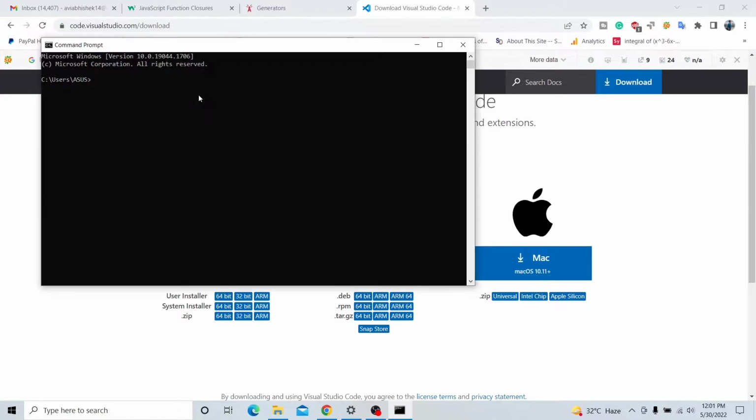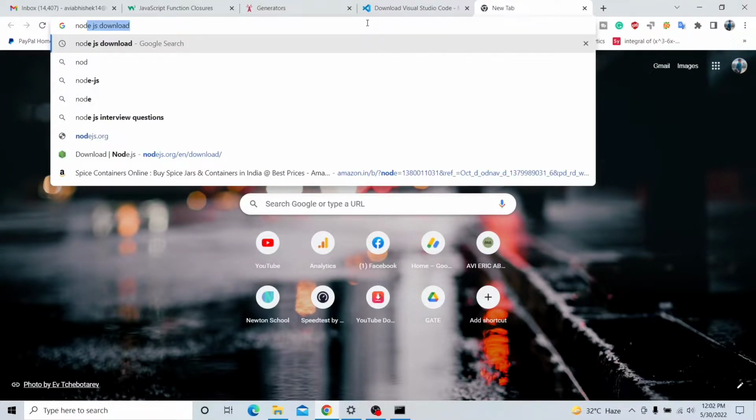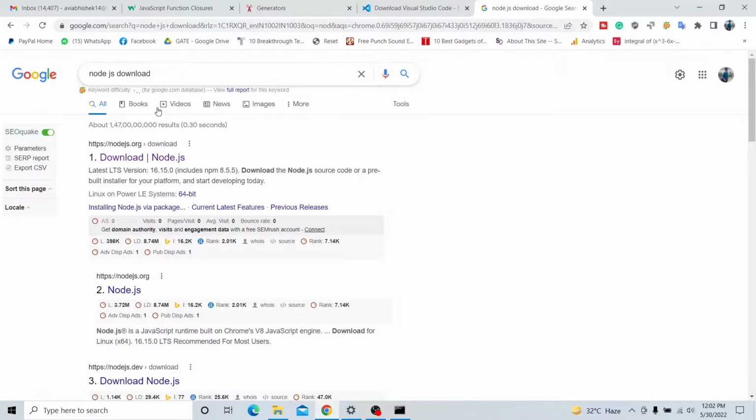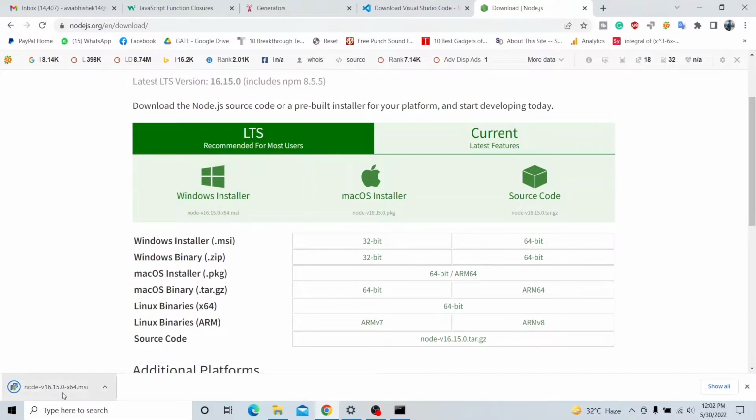Node.js or not. So for that, you just go and type in the command prompt node --version. So here you can see that node is not recognized as an internal or external command. So first we have to download Node.js. So here you can just write Node.js download, go to the first option, and just download the installer. Okay, just click here. Here you can see that the file is downloaded, and just click on it